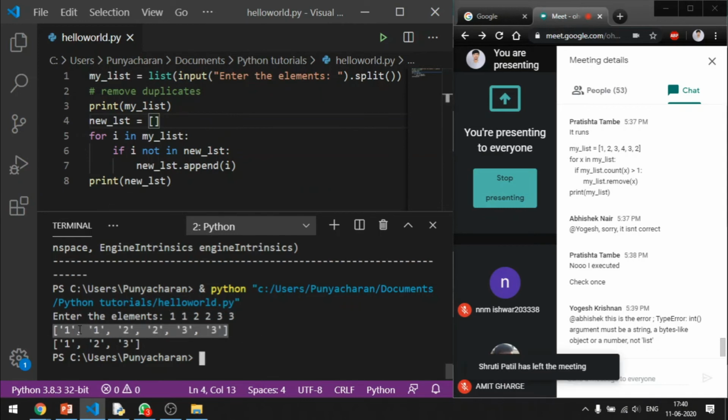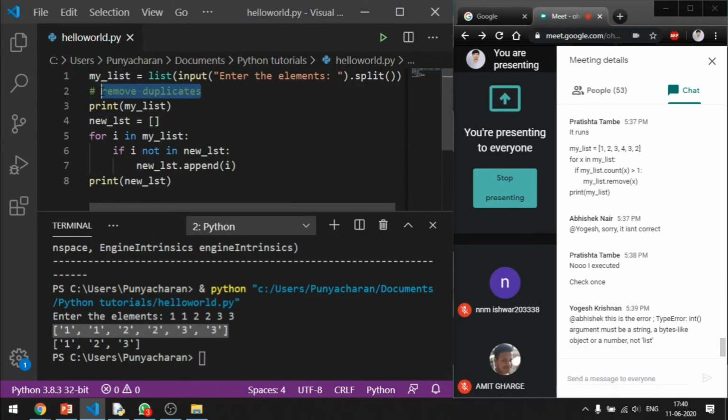Some of you understand that the entire list is made up of strings, so you want to convert all the elements into integers. I understand. So what you are trying to do is my_list equals int of my_list, which doesn't work. I'll tell you why. What does the int function do? It takes a string variable or a float variable or a constant and converts it into an integer. But here you are trying to read the list variable and convert it into an integer, which is not possible, right? So it is going to throw an error. Please don't do it. If you want to do it, you need to use a for loop.